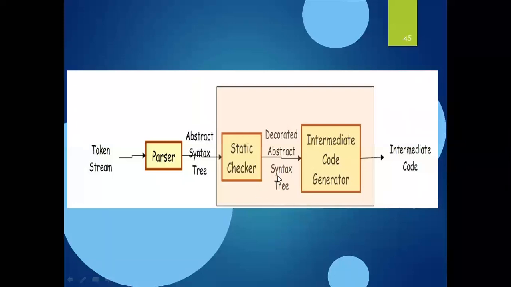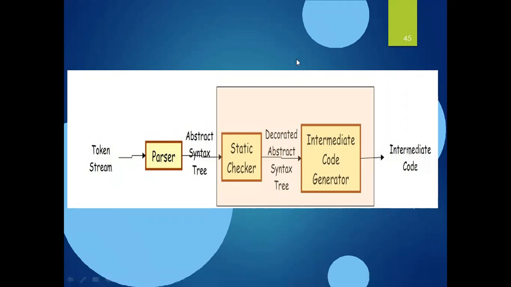But what it is, we are just checking the meaning, whether it is a precise meaning or not. That means we're obtaining a precise meaning for each and every thing that we generated from the parser. So we're performing type checking here, and then finally we're generating the output in the form of a